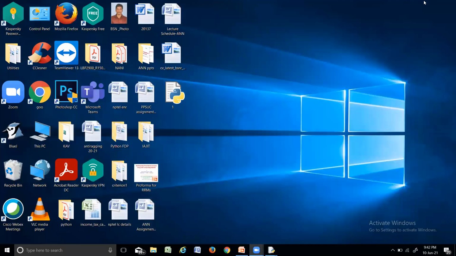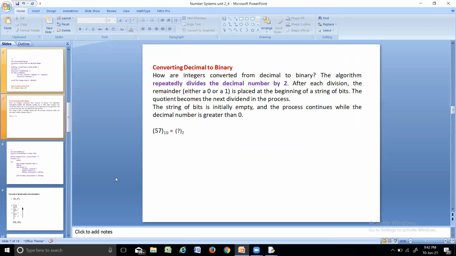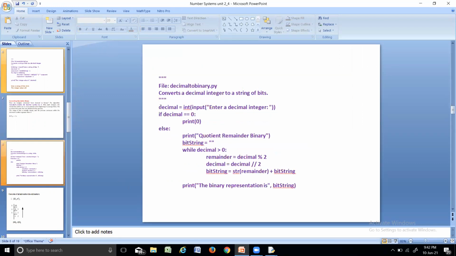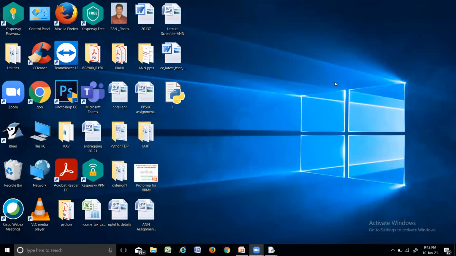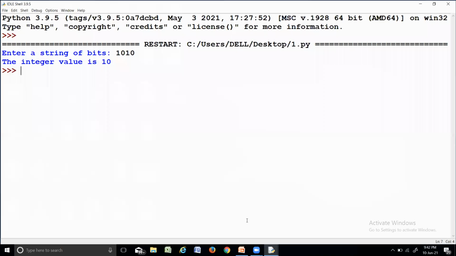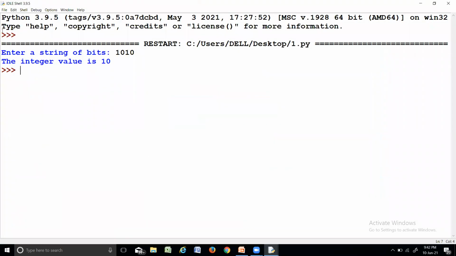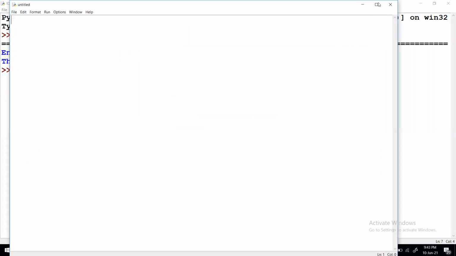Now let us take that second example program also, which does the reverse process, that is, conversion of a decimal number into binary. I'm copying this program and opening a new file.